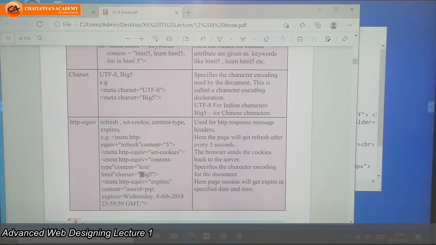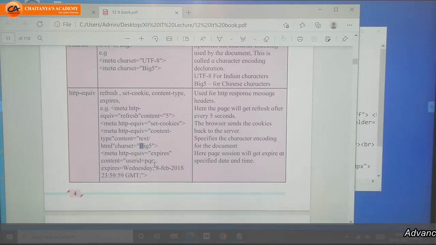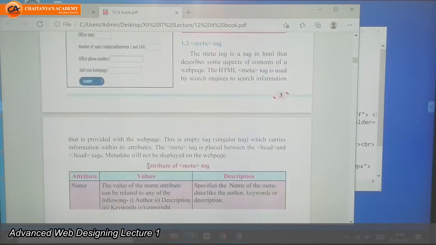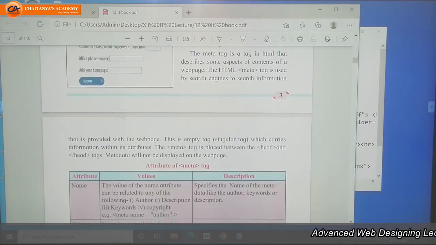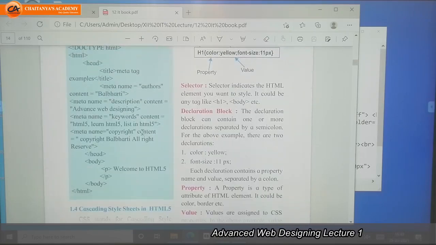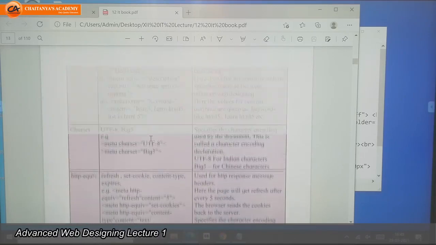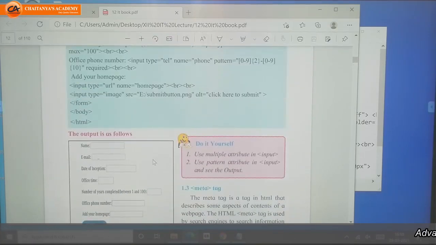If you want to give information about when the web page should expire, on which date and time, you can write it like this. So this is all just information. The meta tag gives information to the search engine. So guys, this is all about the HTML form and meta tag. Thank you.